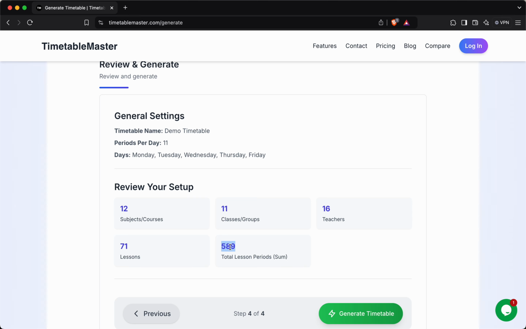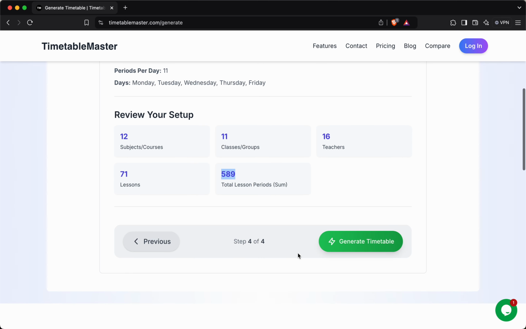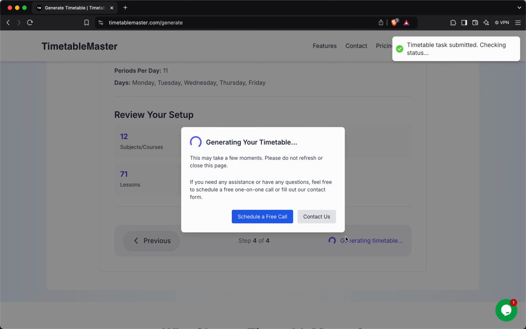Now that's a very big number. Our system will try to arrange them in a very optimal way. I'll just click on generate timetable here. So see, as soon as I click on generate timetable, our system has started working on it, right? Now for this type of big timetable